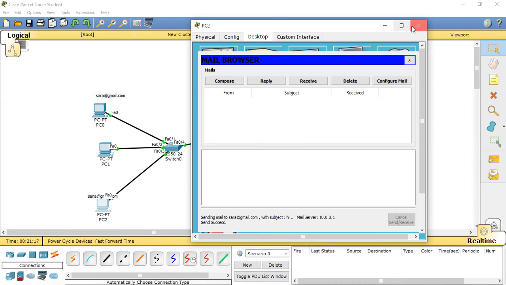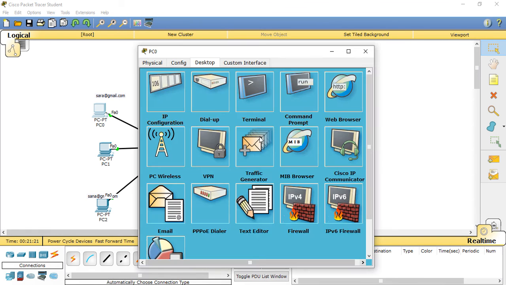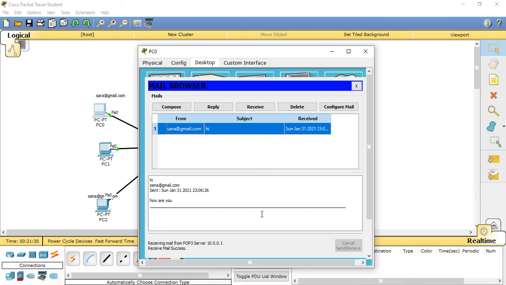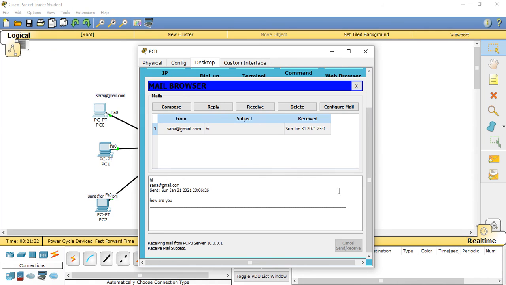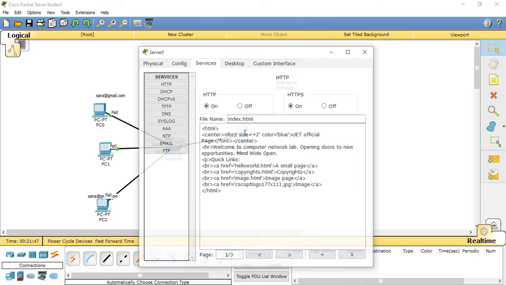So let's just move toward the PC of Sarah and we will check it out here. And received email, and here is an email from Sana, and this is what she has sent, right, from the receiving POP3 server. So this was the kind of details of sending and receiving an email,